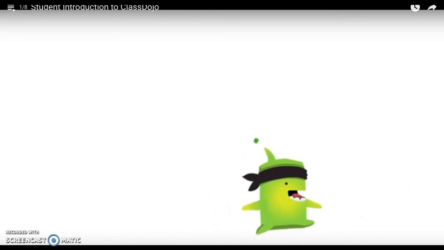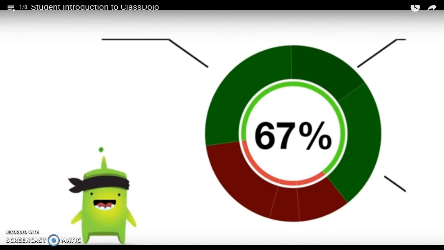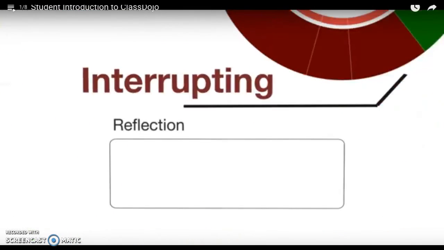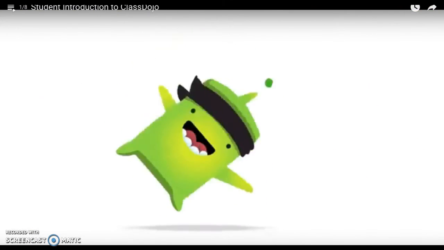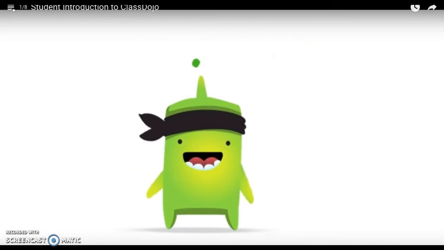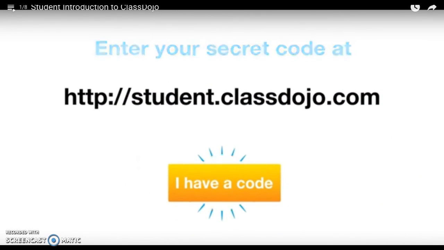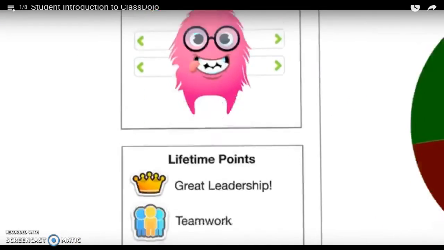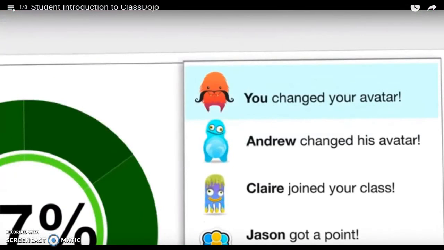And at the end of the day, you can find out how you've done. You can see what you're doing well and also learn where you need improvement. The best part is this. You get your very own avatar. We'll give you one to start with, but you can make your own avatar once your teacher gives you your secret code. Log in at home using your secret code and you'll be able to make your own avatar. See how you did in class and see all your friends too. We hope you...